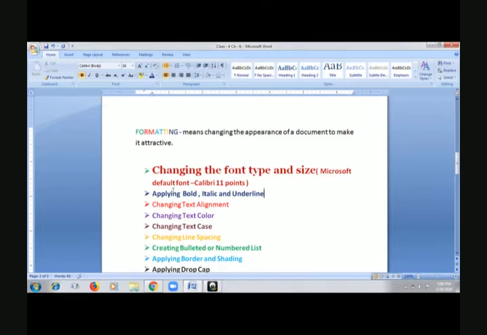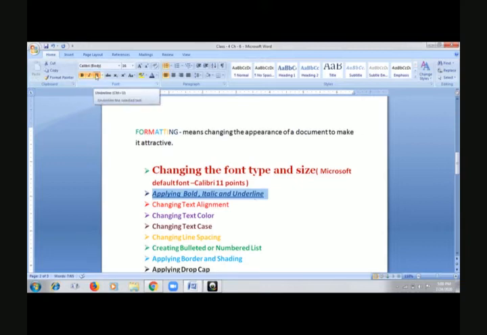Okay. The next is italic. Again we'll select it and then we'll see italic. The text is a little tilted and comes towards the right side. So this is the italic feature. And then we have underline. So we'll do underline. This is how these three work: bold, italic and underline. I hope this is also clear.